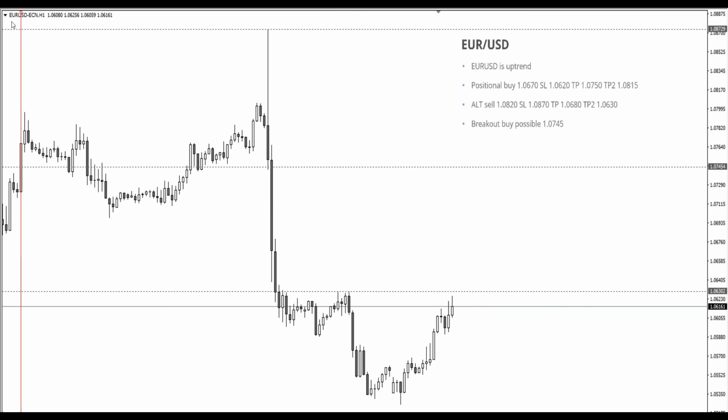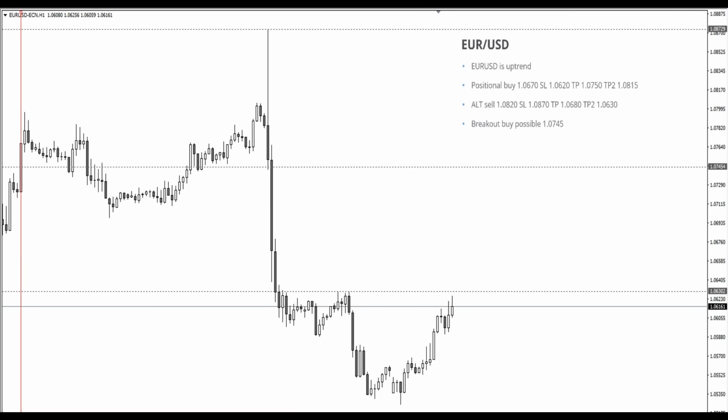This is what we got actually on euro dollar. We had a sell trade. Okay, let me just show you, actually this is the old slide. Again, it's showing old slide. I will show you the correct slide with euro dollar, and you will actually see, just give me a few seconds. That was alternative sell, but not here. I mean, this is the old slide.